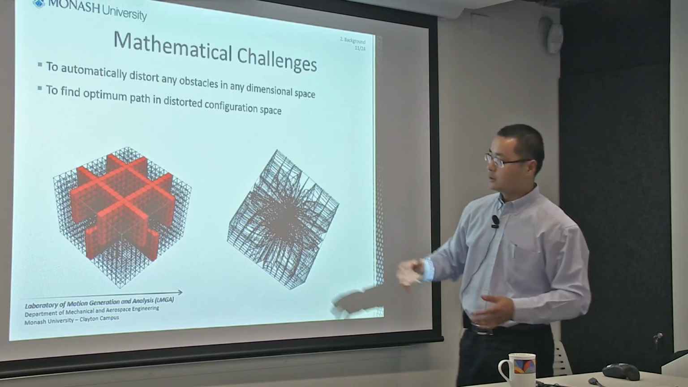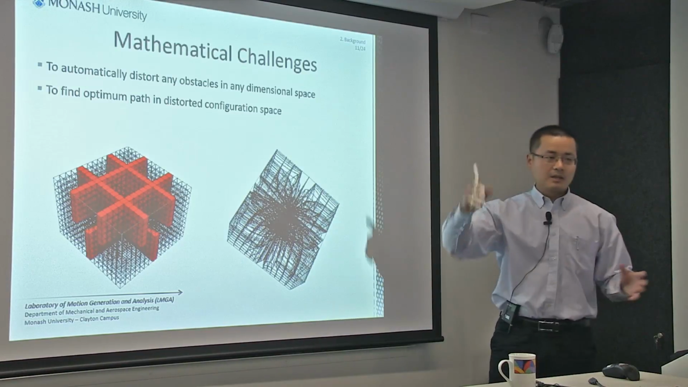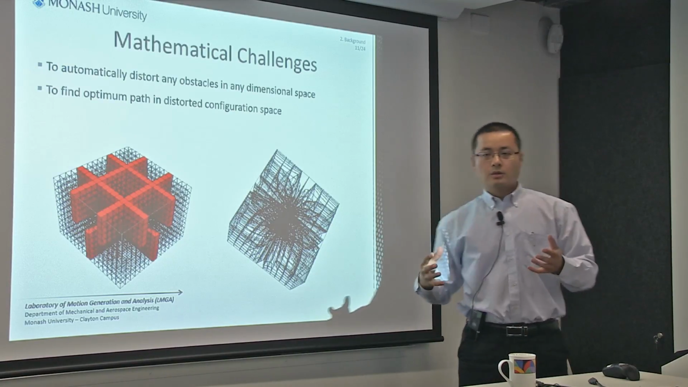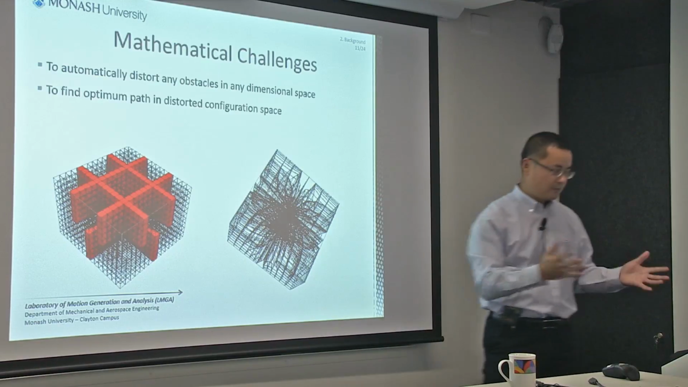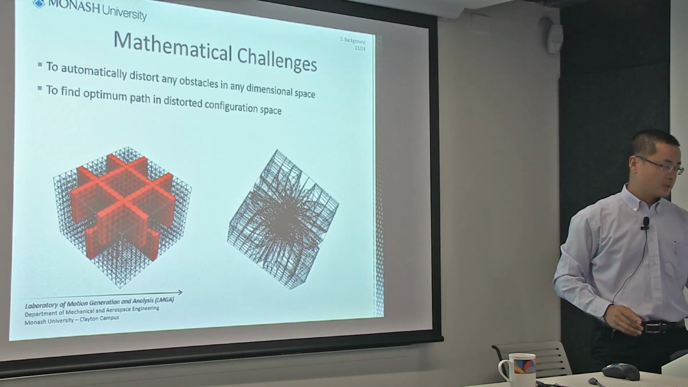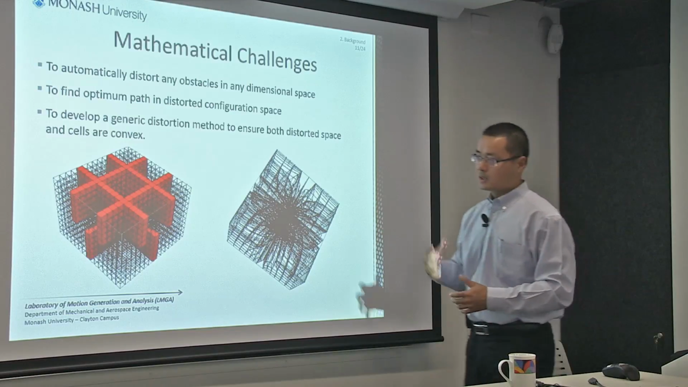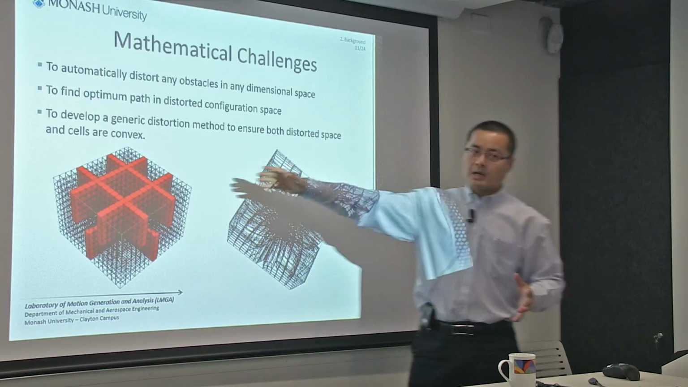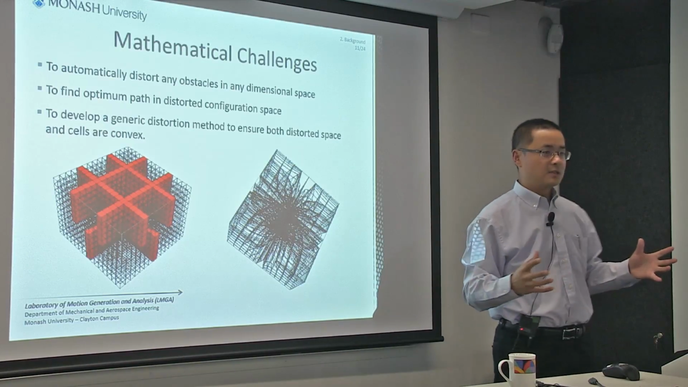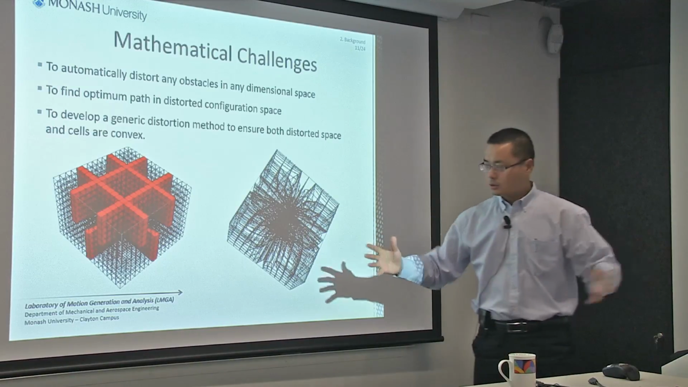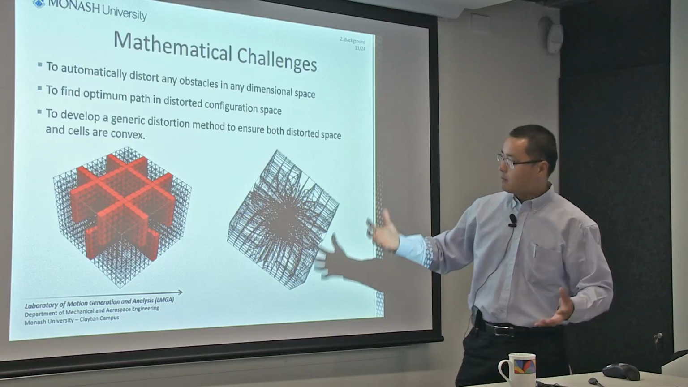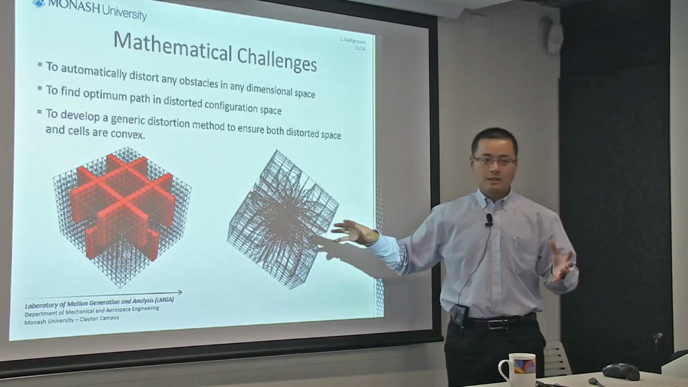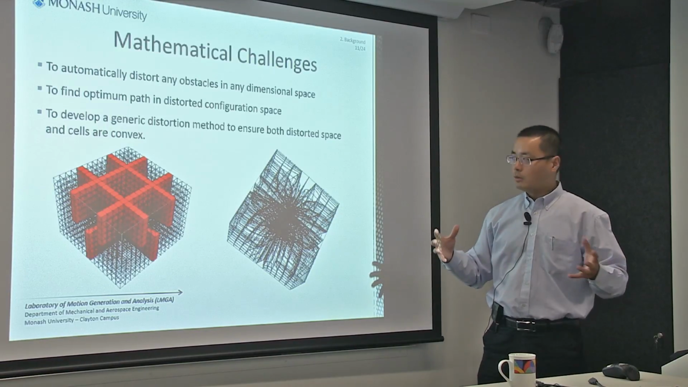And another thing is that you probably see that in the previous example, the path is not that optimal. Most of the time, it is very close to the obstacle. So can we find an optimal path in this distorted space? And furthermore, there's another problem I'm thinking about. Currently I use the strategy of the springs, which basically minimizes the potential energy to create this space. Is there a better method which can create this distorted space more efficiently and more effectively, and